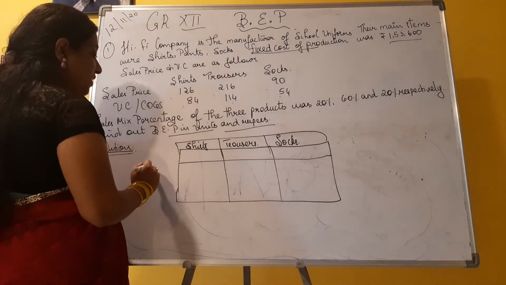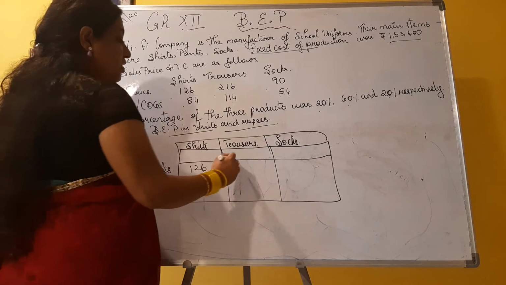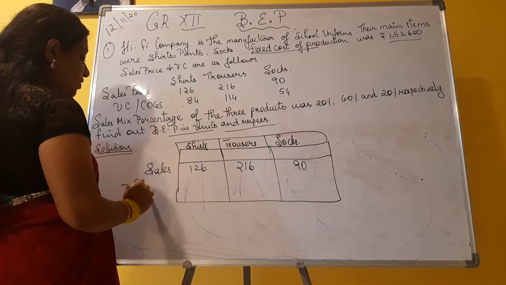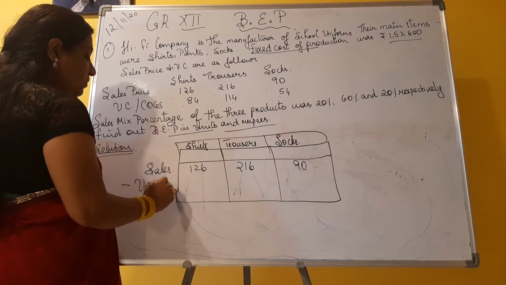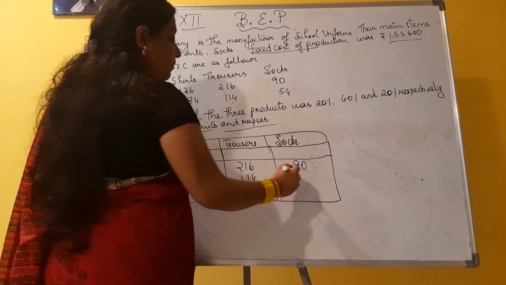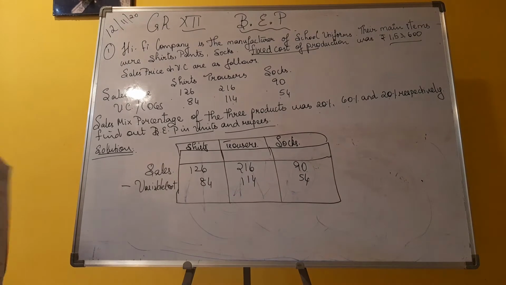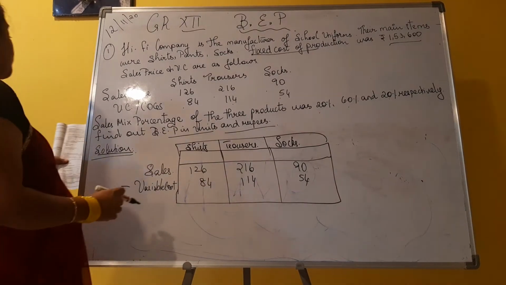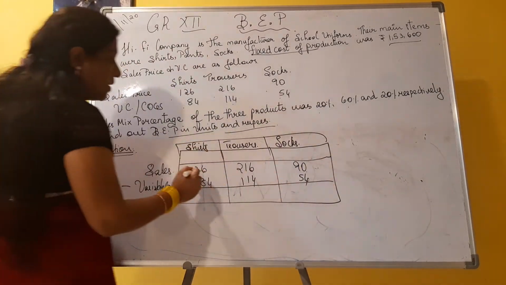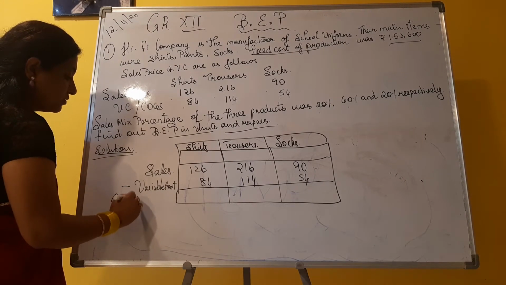Now what is the sales price given? Sales is 126 rupees, 216 rupees and 90 rupees, minus variable cost. That is the formula, na? When they have given individually, it is very easy for us to subtract individually. Understood children? You have to do sales minus variable cost. So when I subtract 126 minus 84, first of all, I will arrive at something called gross margin